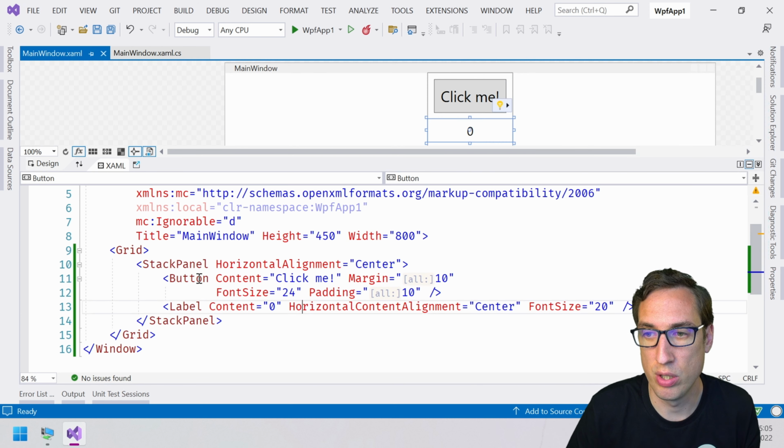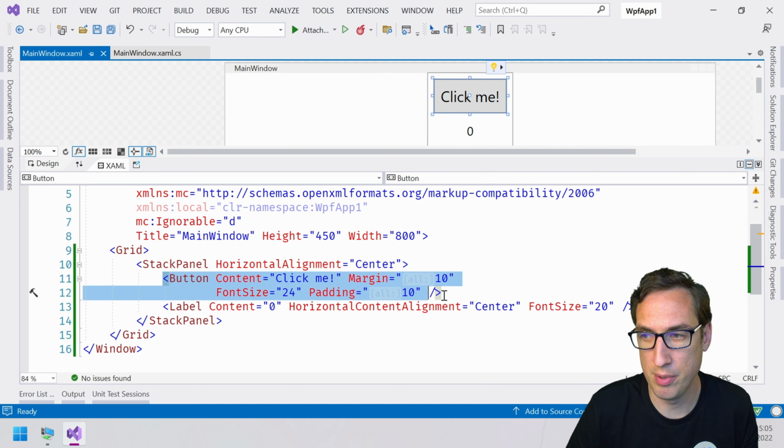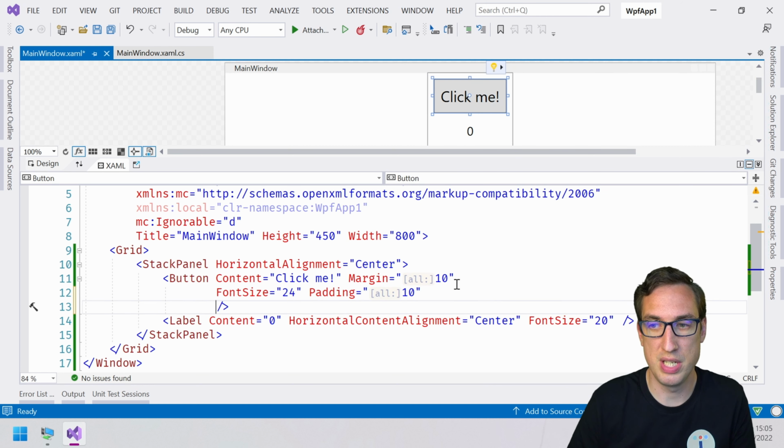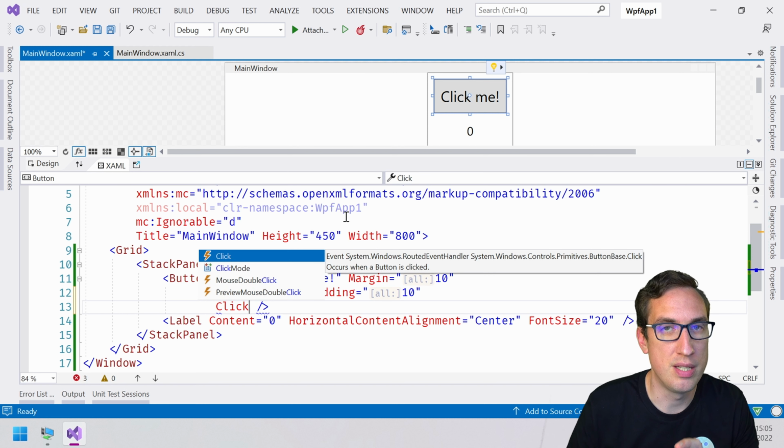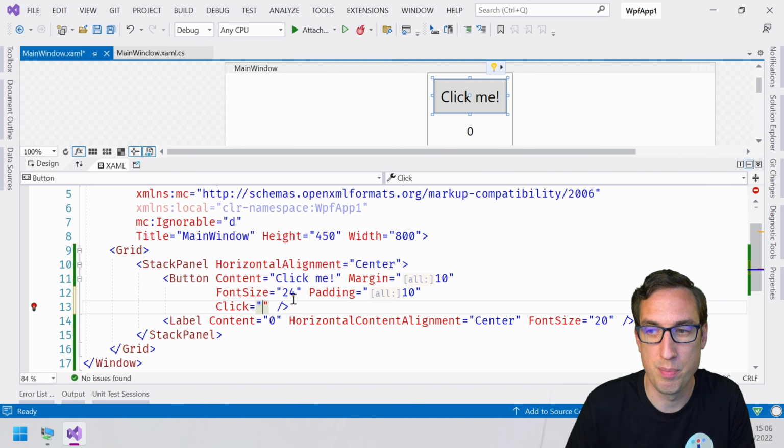So again, if I go to my button in XAML, as you can see, you can use multiple lines to have all of these properties. And here I can search for click. In this IntelliSense window, you can immediately see that click is not a property, but click is an event, just because of this visual hint. You can see this lightning here, yellow lightning, that shows you that click is an event. Now, if I add this property,